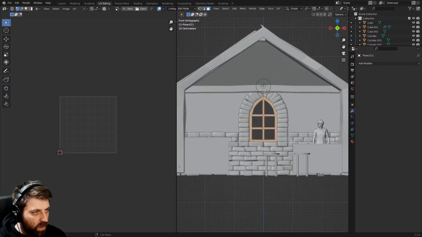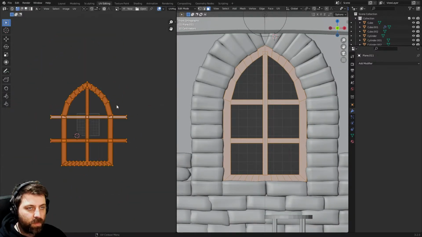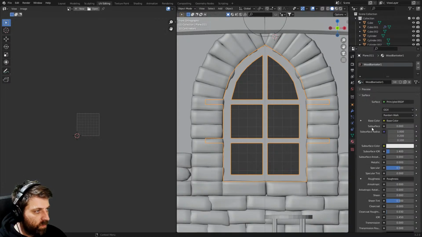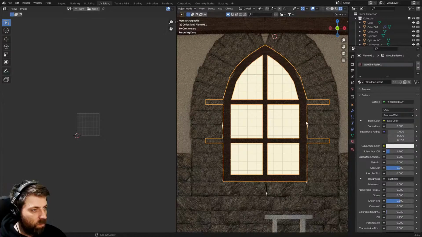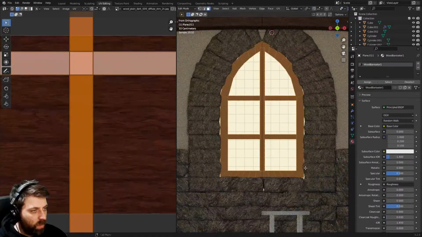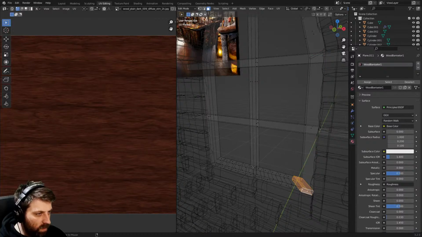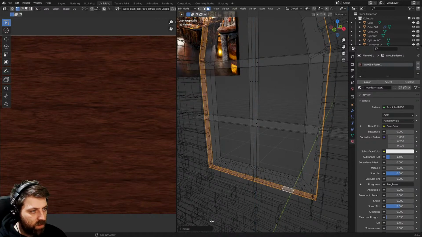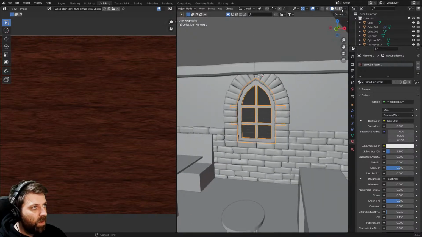Select this. From here, we're going to go U, project from view. Lovely. And then we will throw on our wood material, because we can. Maybe we might just select the outside area. Shift Y, so it doesn't go along the Y-axis. And then it's more built into the stone. And if we have a look,